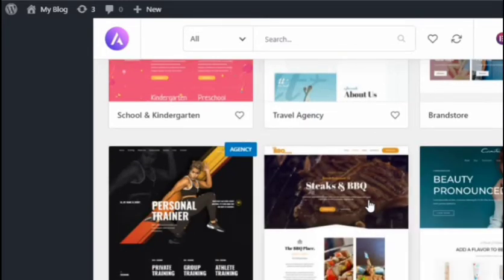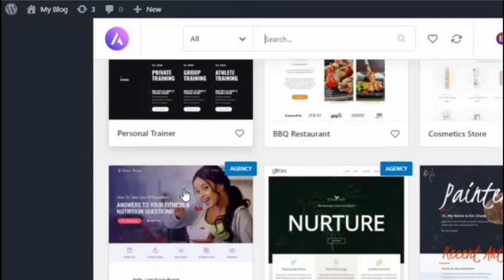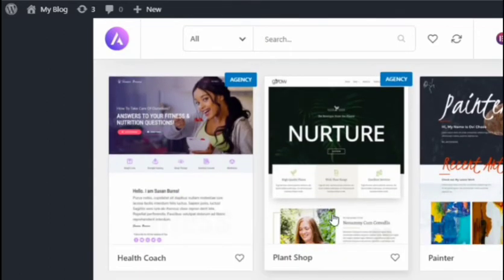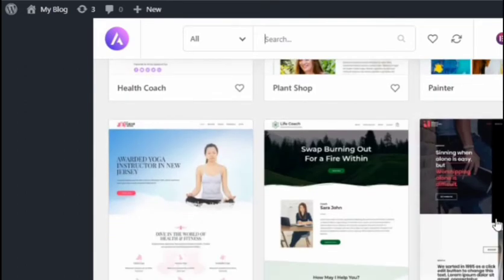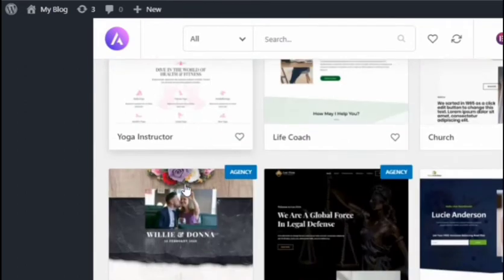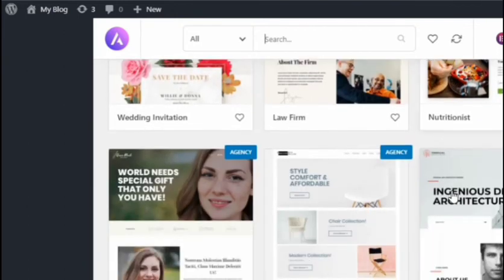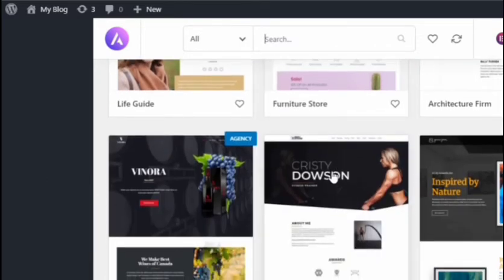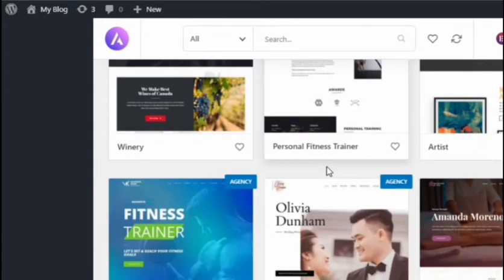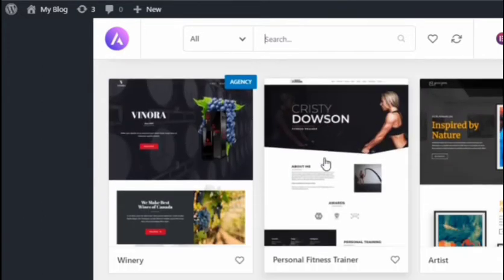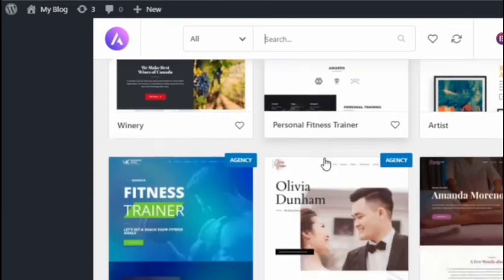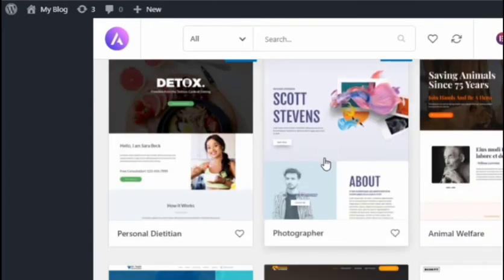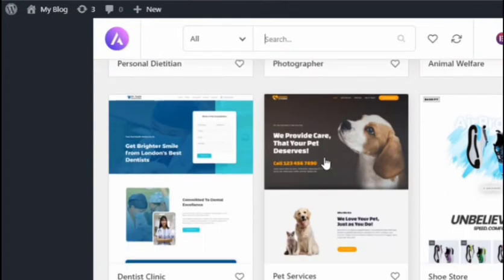But one thing I have to mention is, can you see a small box above some websites that shows agency? Those are agency bundles, which are like the pro version. You have to buy those pro versions in order to get that website bundle. Can you see agency and a small box above the website templates? So those are pro websites. We can only use free ones. In the free ones also, there is one drawback: you won't be able to edit the background images. So make sure that you're choosing a website theme which relates to your niche.